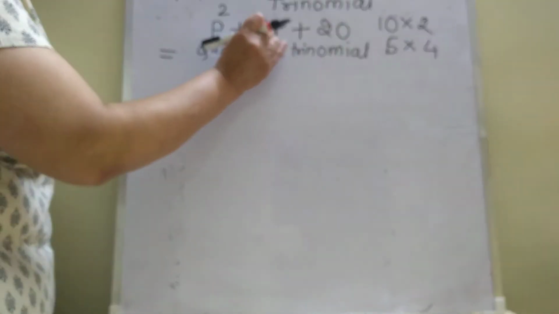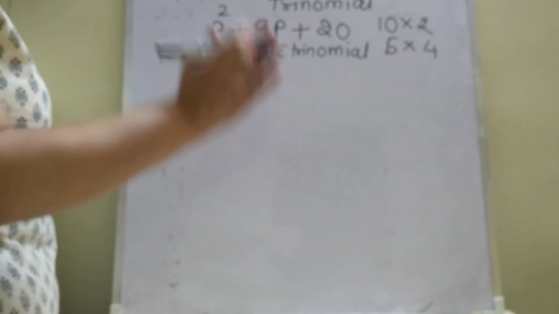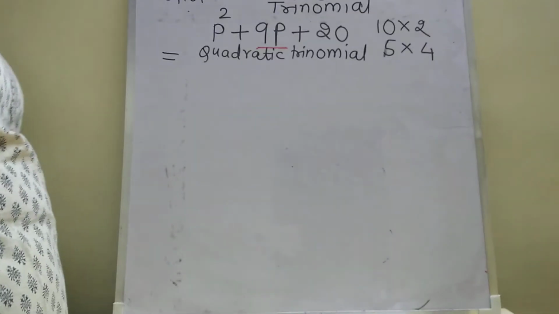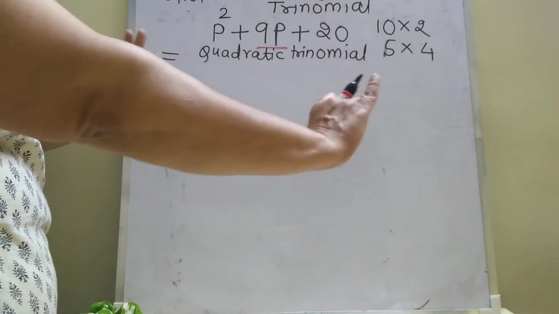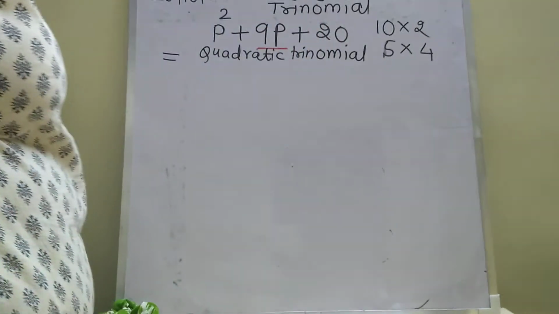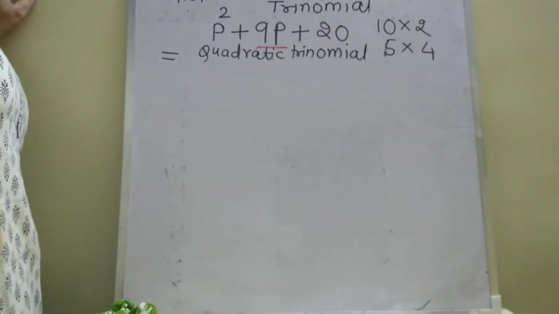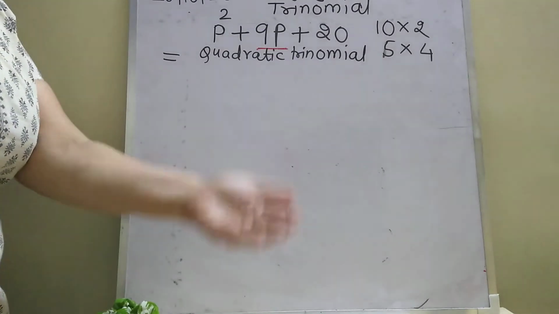These terms you are going to arrange into four terms. Instead of three, we will have four terms. But how will those four terms be? We are going to split up this 9p such that I get four terms. But how to split up the 9p? I have to group the terms also, so my next criterion is to group the terms.